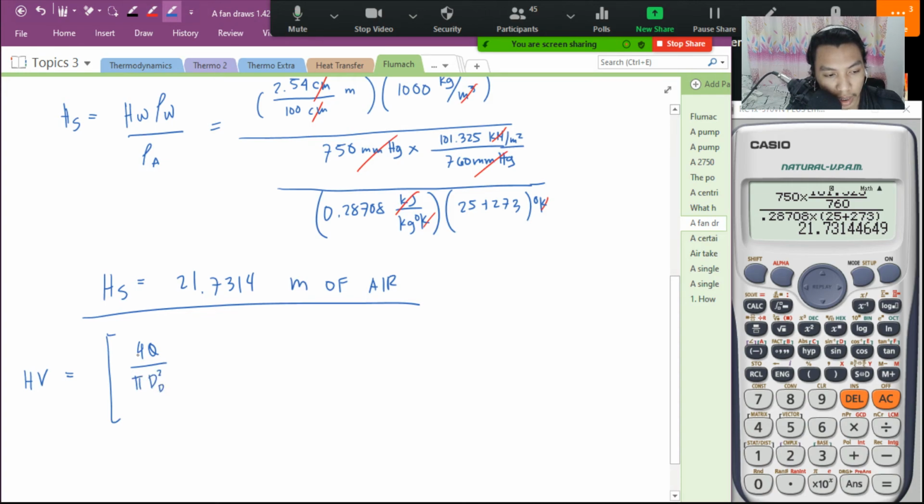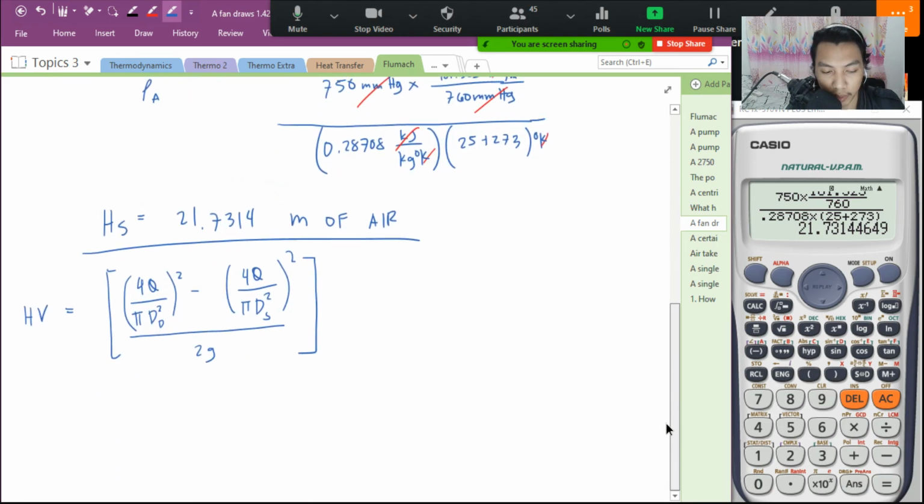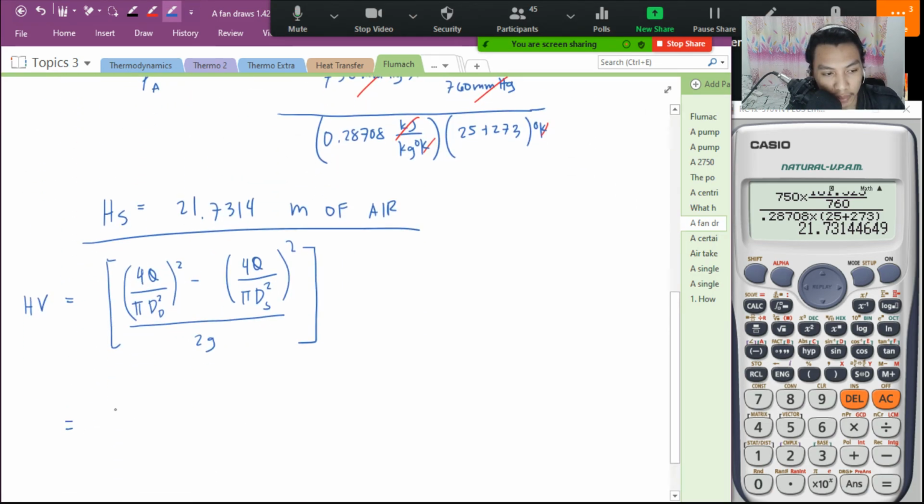Kaya lang to discharge squared minus 4Q over pi D squared suction squared over 2G. Yun. So, nakalagay dyan is meter cube per second. Okay na yan. HV is